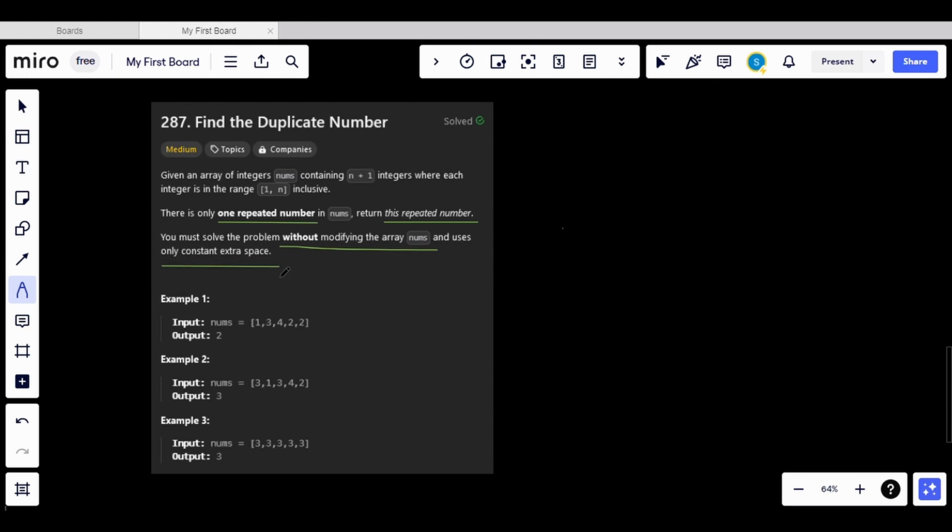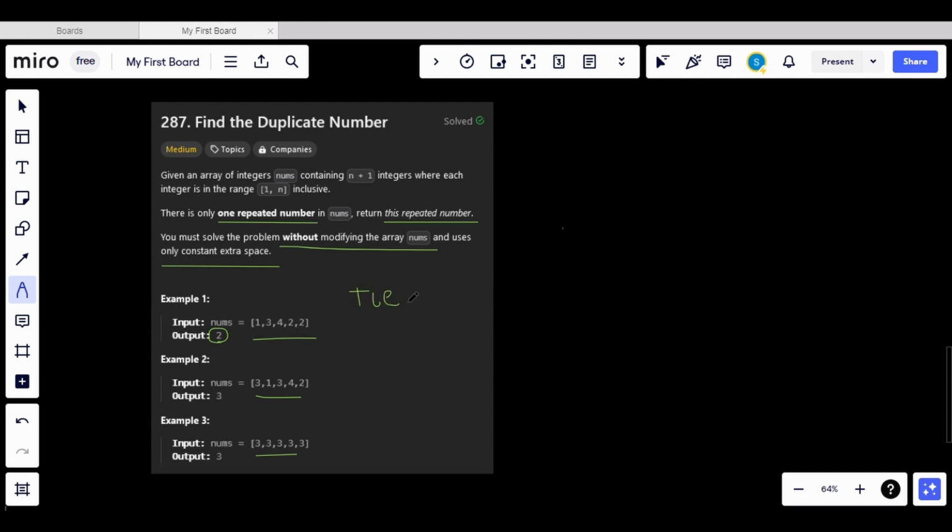So when you think about this question, without these constraints, it's very easy. All you have to do is count the number of occurrences of the numbers in the array, and then return the one which has more than one count. Now this is easy when we have 5 integers or say 10 integers. But when the limits of the question increase, it's very difficult to get that answer across without